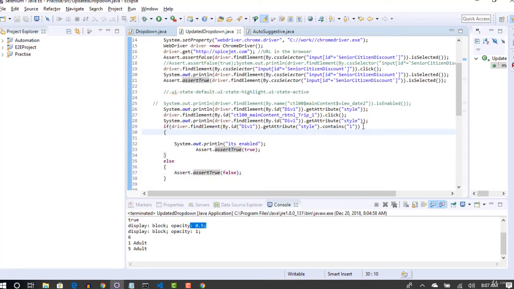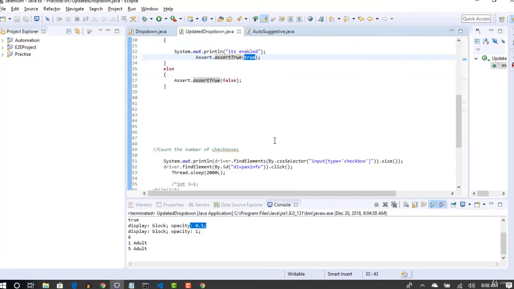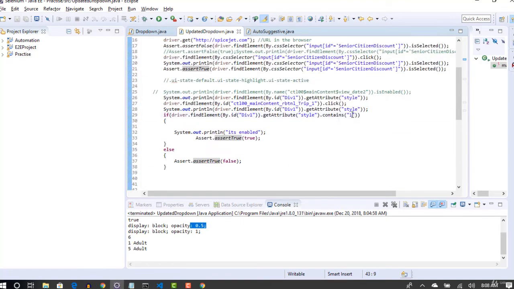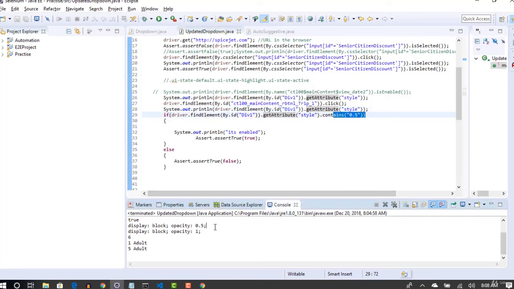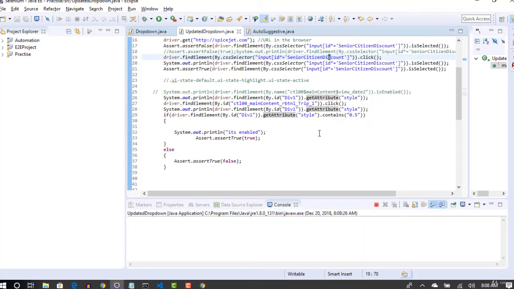Okay, but once this condition matches, then it's enabled, it will go inside it and you will say, hey, test is good, with assertTrue of true, please continue. Okay, that's all you have. So for example, let me put 0.5 here. Even after selecting the radio button, it will be enabled, but still I am verifying if it has 0.5, which is the disabled attribute. So it should go to the else block and it should fail. Test should fail at line number 37. Okay, let's see that.